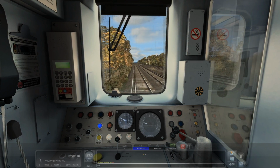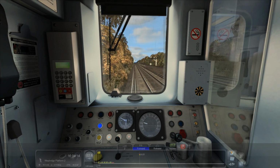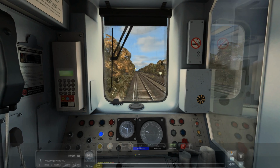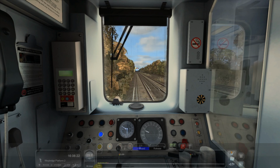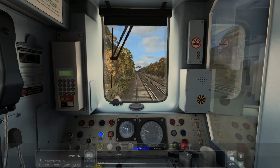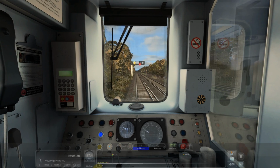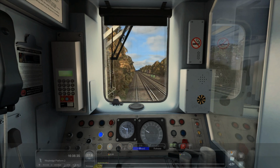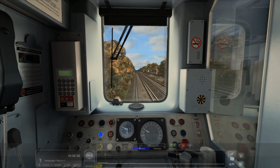But obviously there's this 64-bit, which everyone's thinking, oh, what's this? Some people will know, some people won't. 64-bit is a great under-the-hood change for Train Sim. Visually you will not, maybe some people might feel some sort of difference. For me, I put this on and I'm not really feeling much of a difference. Maybe that's why I even chose this route. I want to see maybe once we get into the Clapham Junction area,